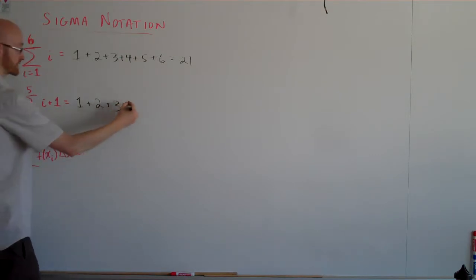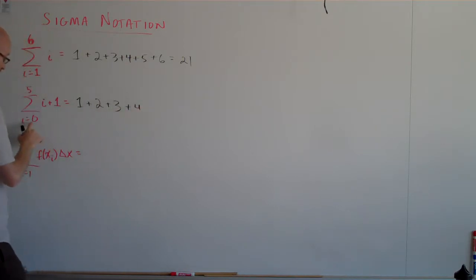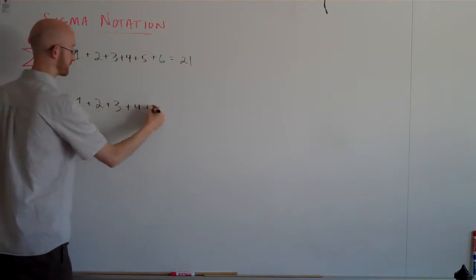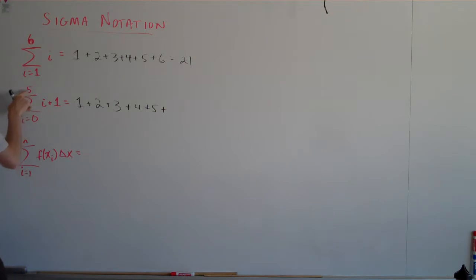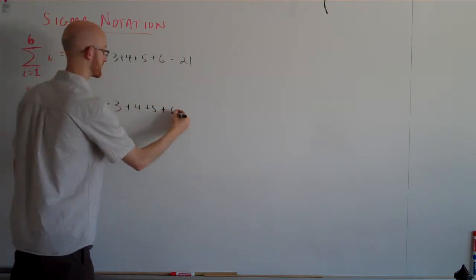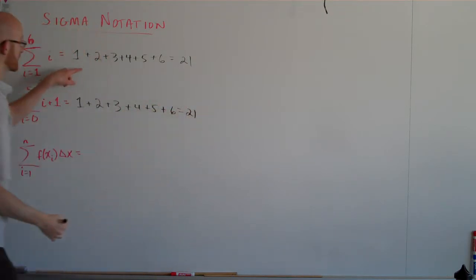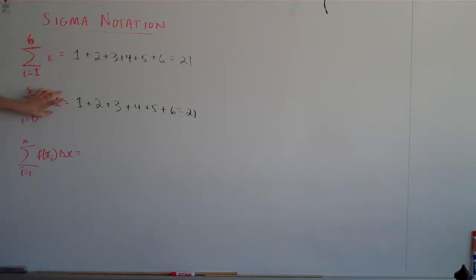Then 3 plus 1 is 4. 4 plus 1 is 5. And then lastly, we stop at 5 plus 1 is 6. And of course you see, hey, that's the same exact thing. So I've written two different looking sigma expressions that can represent the same exact